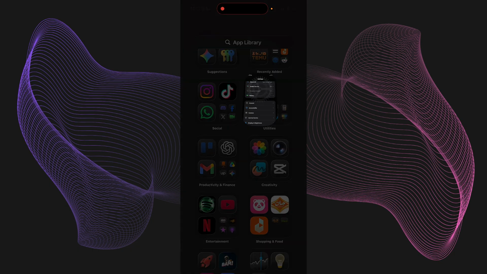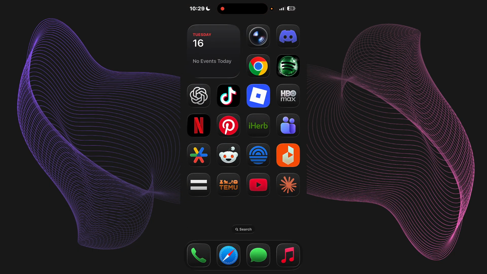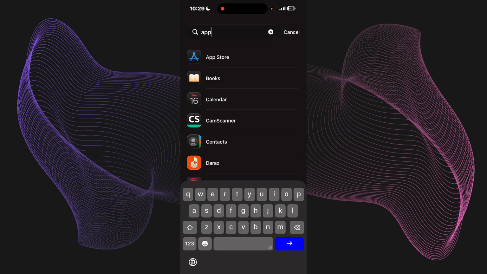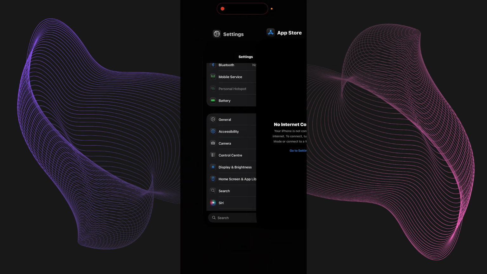Now after that, what you have to do is just make sure that all the apps you have right now on your phone are up to date. And if you're not sure, just go to App Store and just go to your apps and check if they